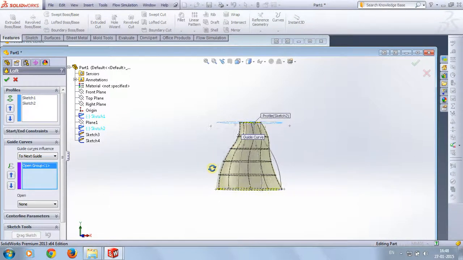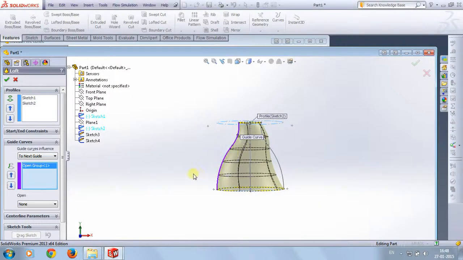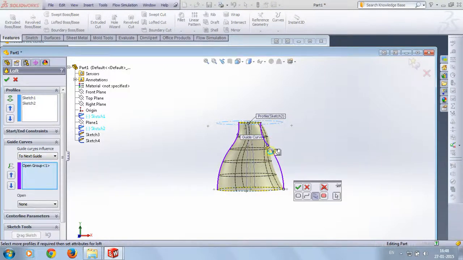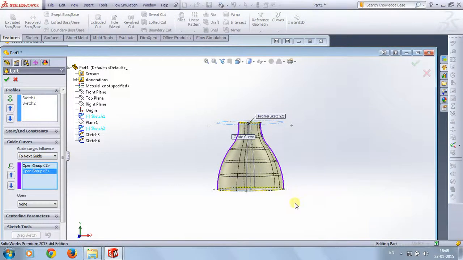So here it is, it's pretty much following exactly the same path as that. But if you look at the other part of the surface, it looks pretty much distorted. So we should give another guideway to this one, and this we have done. Here we've clicked on it. So that it looks like a perfect shape right now, and the extrusion is taking place according to the two